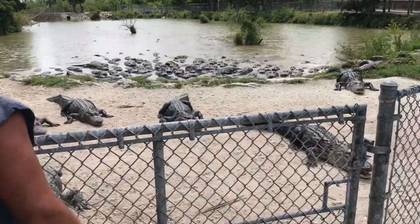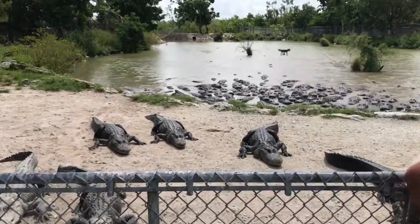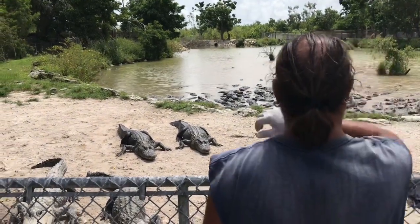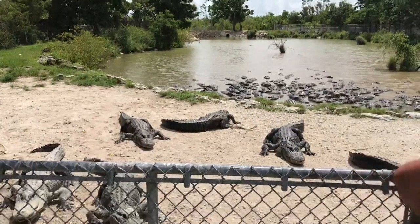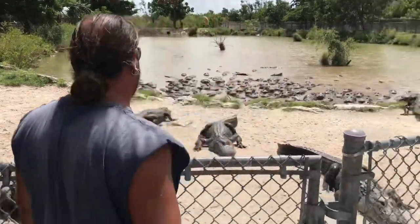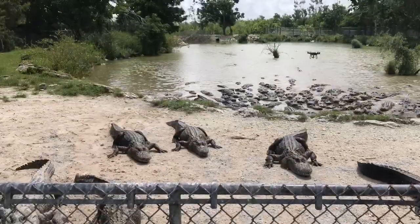The next common way people get attacked here, that's by swimming with the alligator. When only your head sticks up out of the water, you look like a tasty little duck. So the alligator will come on up to you, grab onto you, take you down underneath the water. Once you start to punch and kick the alligator, they realize they have something too big. And a lot of times they end up letting go. But when